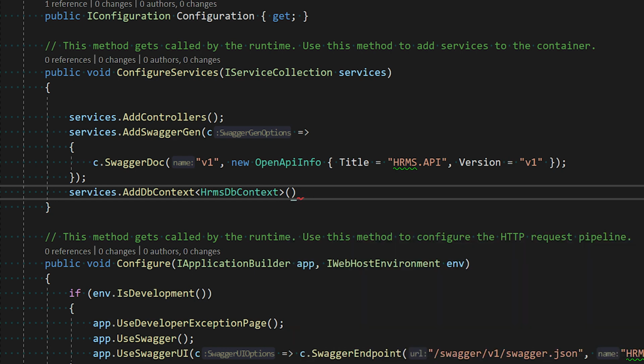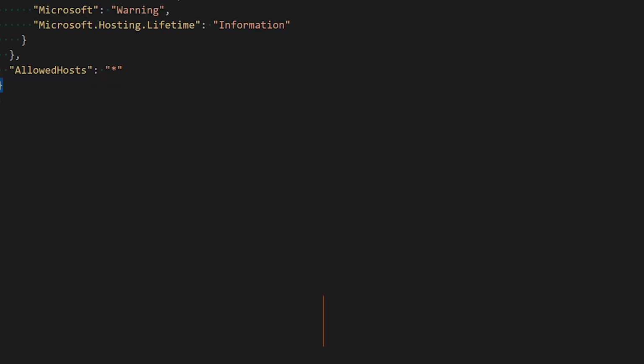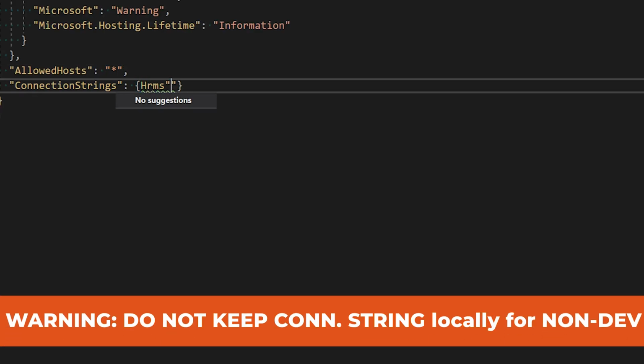All right. The first thing that we need to pass in is our connection string, and how we are going to pass it. Before we pass it, first we need to define it. Defining it is pretty easy. The ideal way, which we shall see down the line, is to have the connection strings as a part of an environment variable. It's a sort of sensitive data. But for a dev environment, or just for the sake of this video, what we can do is we can just open our app settings, which is right over here, and here we can define our connection strings.